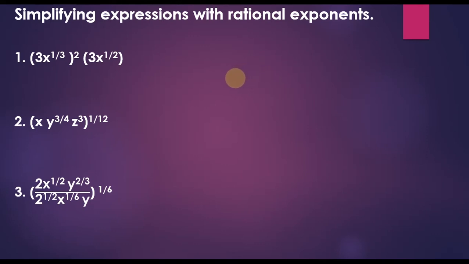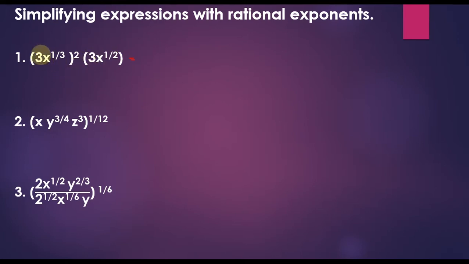Simplifying expressions with rational exponents. For the first example, quantity 3x raised to 1/3 squared times 3x raised to 1/2. So first, we're going to apply power of a product here, where we distribute the square to each base equals